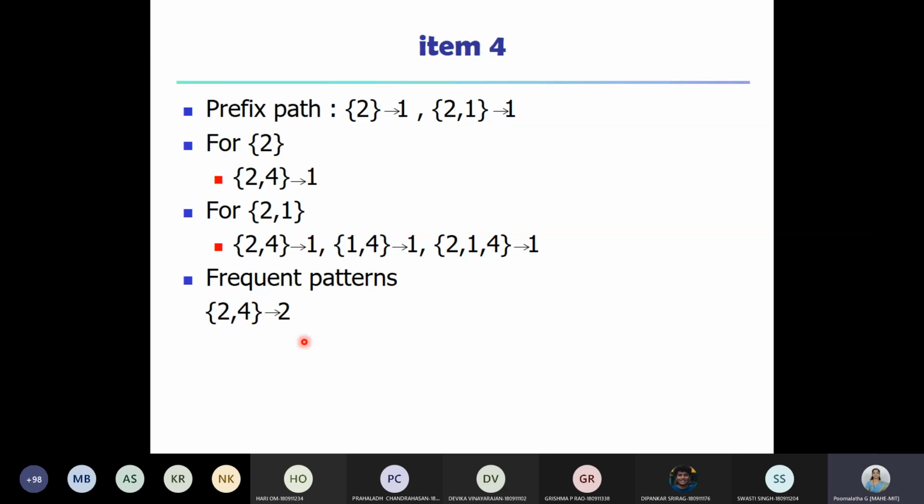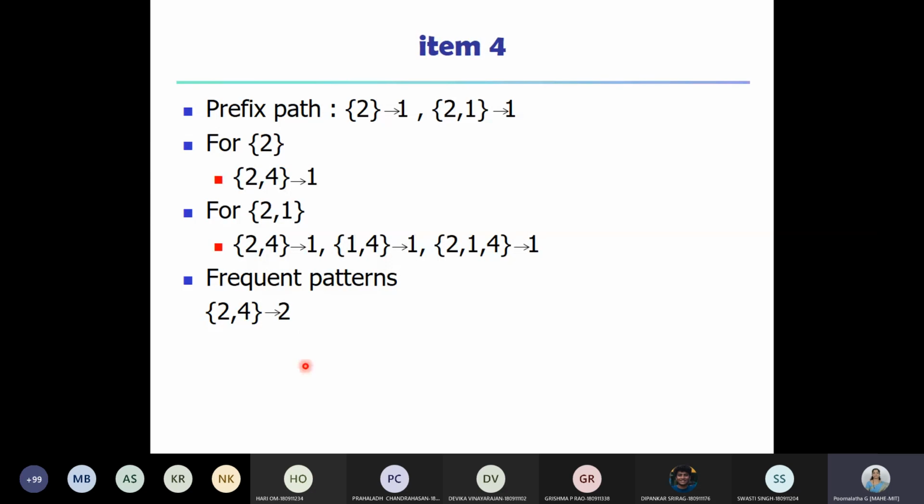So we are referring to the item header table of the FP tree from the bottom up. Take the items one by one. For each item, look for its path and then consider all the prefix paths individually. For each prefix path, come up with all possible combinations with that item which we are considering. Once we get the patterns for all the prefix paths, consider all these patterns overall. Whichever patterns satisfy the minimum support threshold will be our frequent patterns.